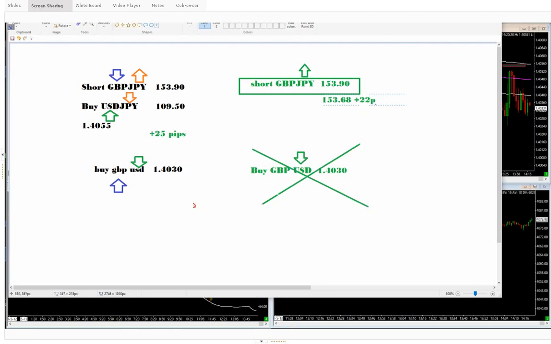But this just shows you that there are ways and means around whatever position you're trying to accomplish or achieve. You've just got to remember that if you do certain things, you could end up with absolutely no position whatsoever, and you wonder why you haven't made any money or why you haven't lost any money, because you don't have any position. It's like those numbnuts that say, "Oh, we'll open two positions. I'll open a buy trade on the pound dollar, and on a separate account, I'll open a sell trade on the pound dollar." And you're like,